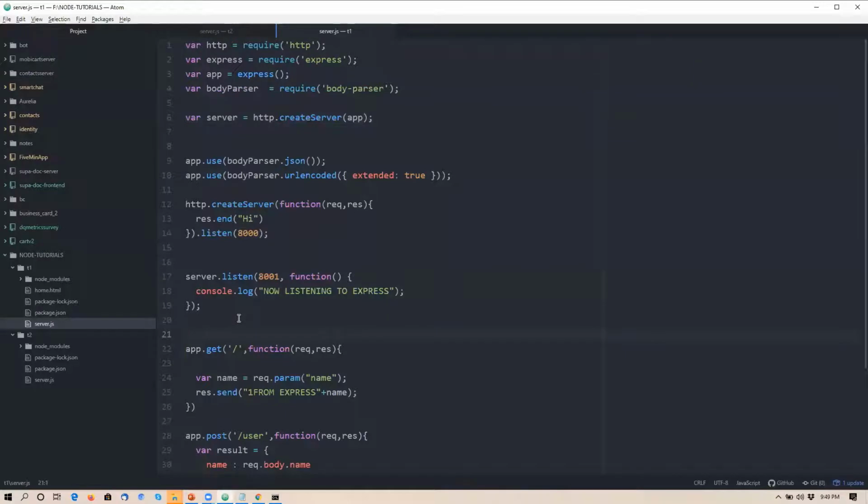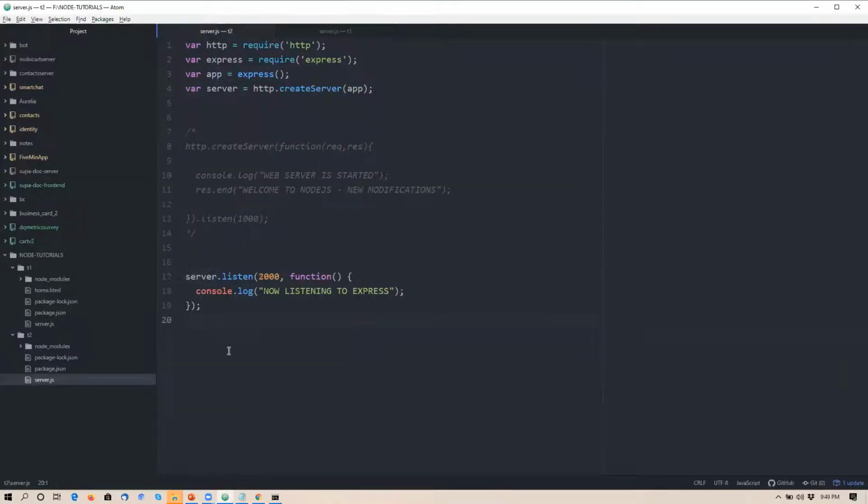For the students who don't know what get and post are, please Google it on W3Schools. It is very easy to understand the difference between get and post. I believe in your diploma in engineering, you already have covered what is get and what is post. So you can always use the app. Sorry, my mistake. Previously I said server, but it is not server, you have to use your express variable to create a new route. So you can always use